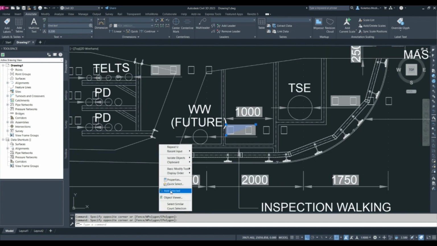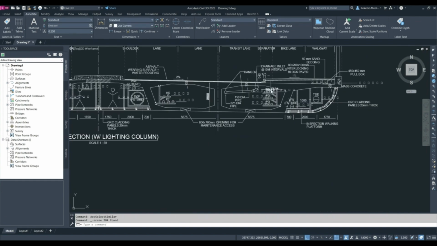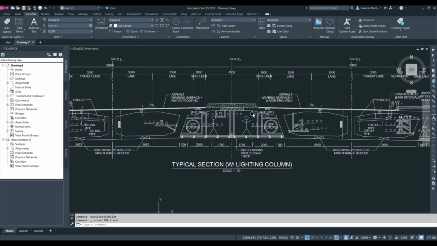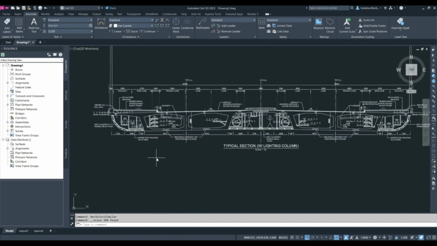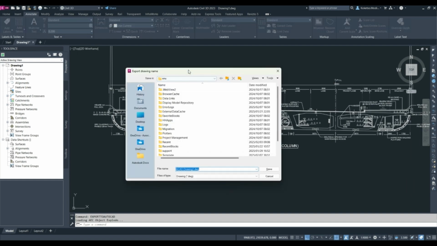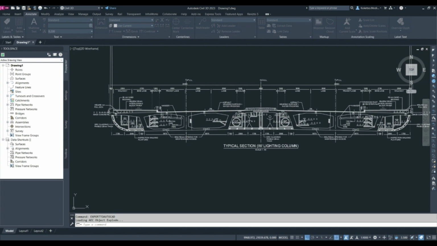Select the hatch, right click, select similar, and then I'm just going to say delete. And then it's going to make the detail much more cleaner. So what I'm going to do after this, I'm just going to type in export and say export to AutoCAD. And then this is going to pop up, and then you're going to save